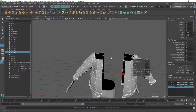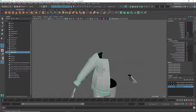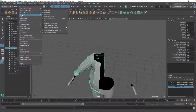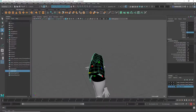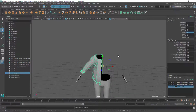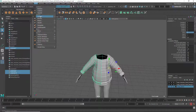Anyways, in the previous one, I showed how to manually mirror these. Let me delete history and freeze transformations, Modify, Freeze Transformations, and then Control D for duplicate, scale -1. Okay, let's move this to, hold down D and V, middle mouse drag to here. Now let's duplicate, scale of -1, X, select these two, Mesh, Combine,